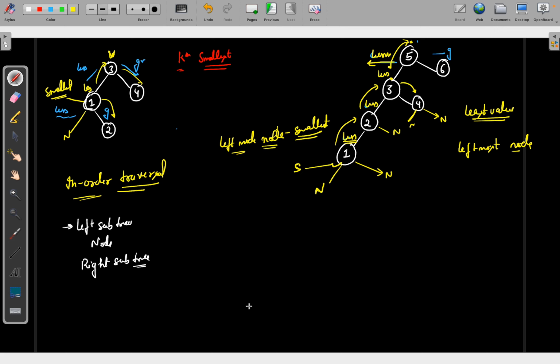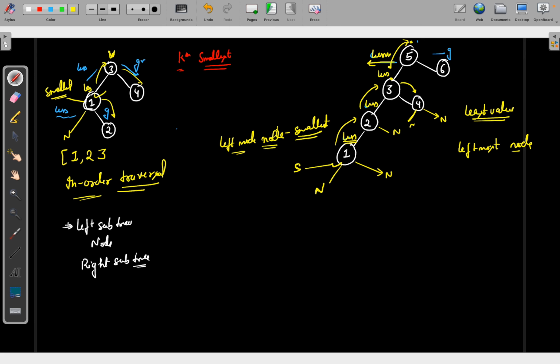You will get the elements in the sorted manner. Like you can see here, if you go with the left subtree, you will get the first element, that is 1. If you do the level order traversal, the first element and left subtree of 1, now there is null, there is nothing, 1 is there, then you will go right, then you will print 2, and then you will simply again go to 3,